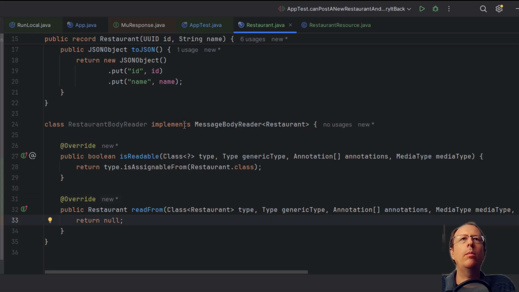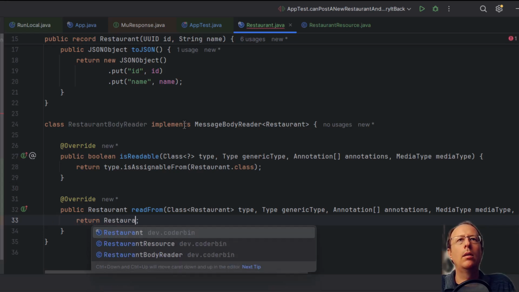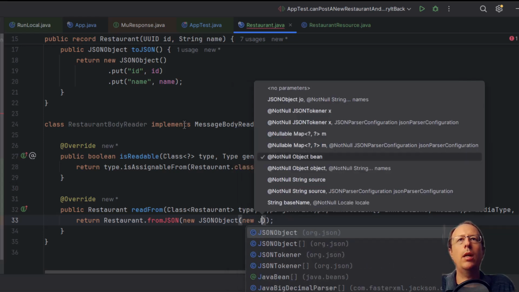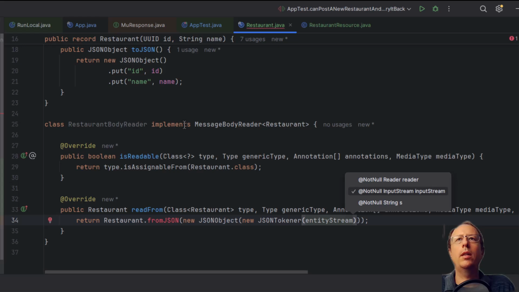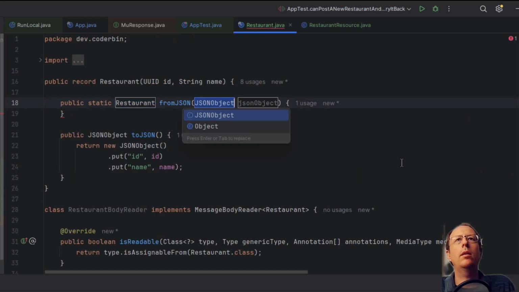When we read from, we want to read the input stream into a string, convert that to a JSON object, and then create a restaurant from that. So let's assume we're going to have a static method called fromJSON, and that is going to read a JSON object, and we can use a JSON tokener to read the entity stream. So let's create that. Let's create a new method. There it is.